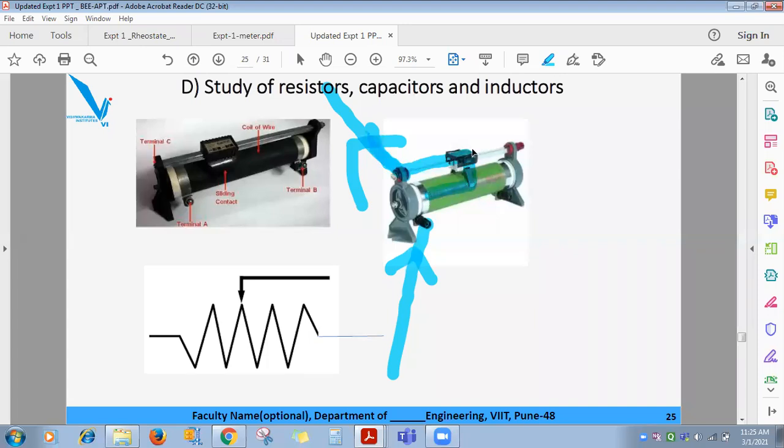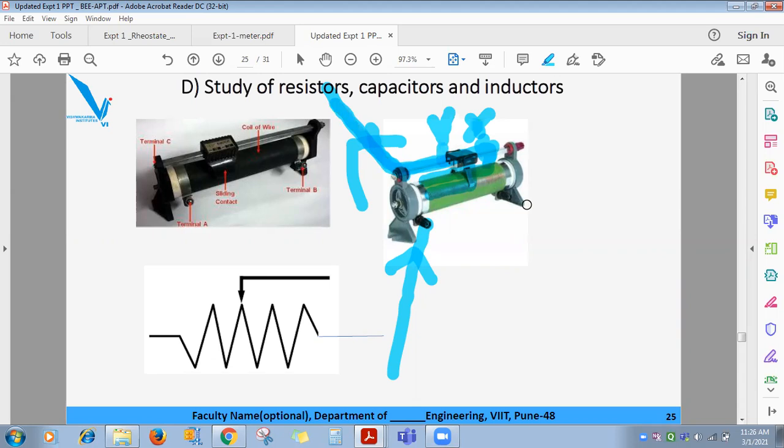Now what I'll do, I'll move this sliding point contact to this position, suppose here. Now what will happen? Current will enter, travel through turns till this point, and then through this steel rod sliding contact, it will move to C. Got it? Now see, suppose this is position X, and the earlier one is Y. So tell me, at position X and Y, is the resistance same or different? Different, right?